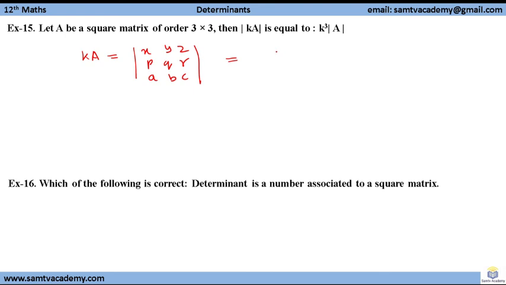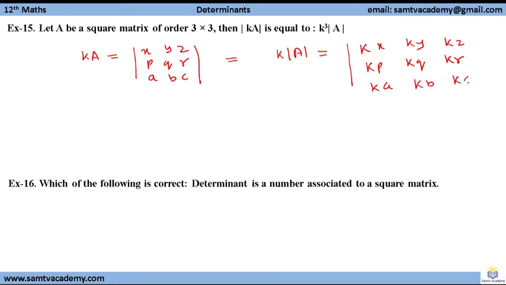It will be multiplied by all the terms of the determinant. So what we will get? We will get kx, ky, kz, kp, kq and kr, and last ka,